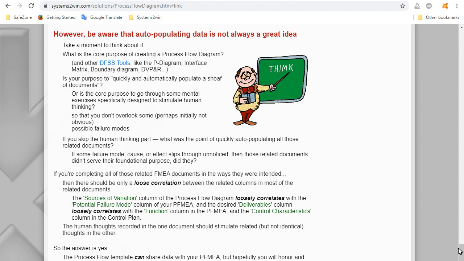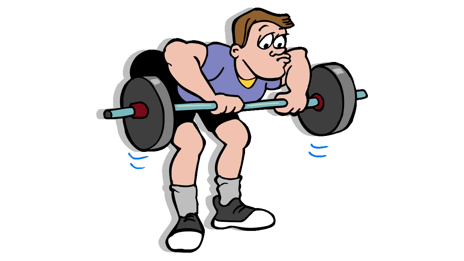In fact, it might not even be a one-to-one correlation. A one-liner in one document might stimulate 3 related risks and problems in another document. Did we mention that phase 2 is where you do the heavy lifting? Henry Ford has said that thinking is the hardest work a man can do, and that's why so few people do it.